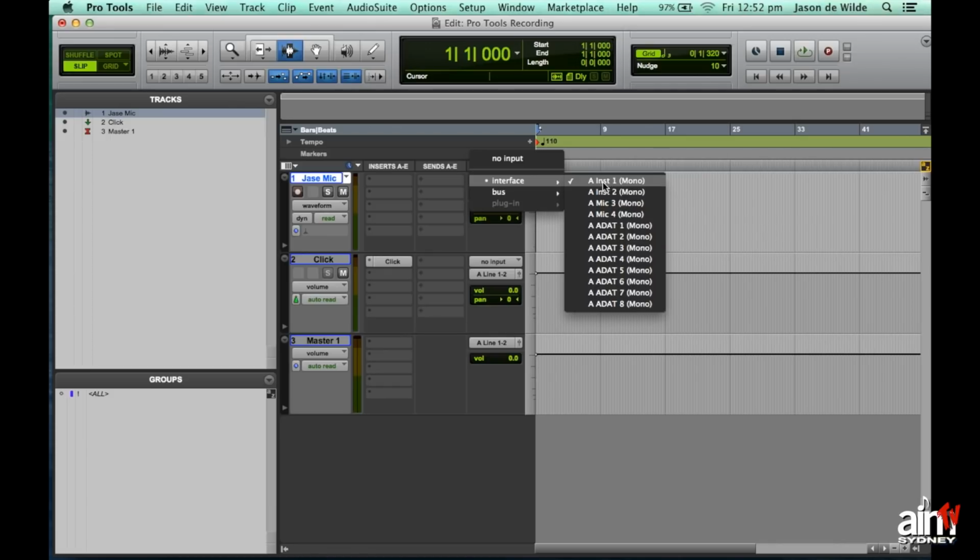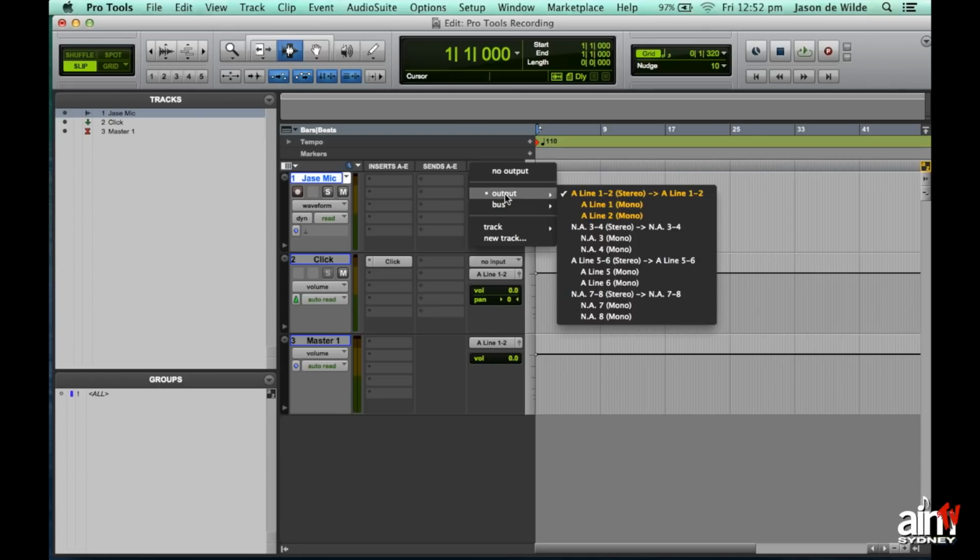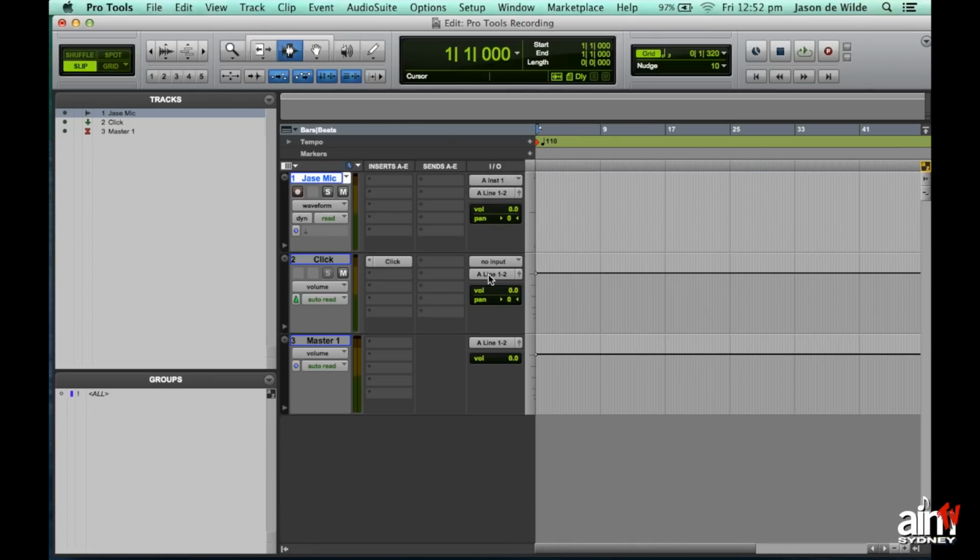So I'm going to make sure that it's on number one. And then this thing here is the output of the track, and it should be on pretty much the first two outputs of your audio interface, and that should be fairly straightforward. What you should at least do is just check that it's on the same as your click track, because your click track we've just heard, so we need to make sure that our output of the audio track is the same. Okay, all right,